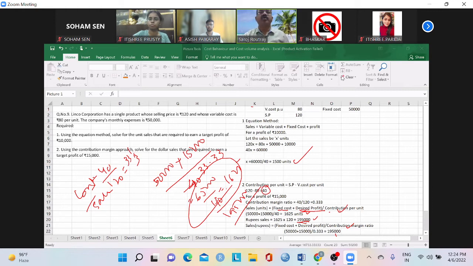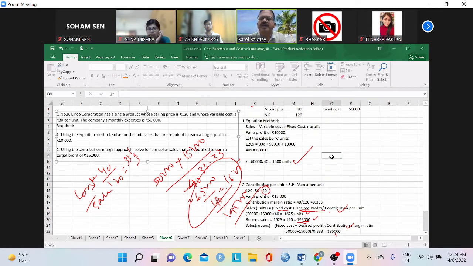Okay, so if you take 0.3, then it is coming into like 16,000 something. Which one, Aliva? Sir, in the contribution margin ratio, if we are taking only 0.3, then we are getting a value of 2,16,000. Yes, that difference will come, right? If you are taking, say, 33 or 33.3, that difference will come. It should come almost near to that. You have taken 33.3. I have taken 0.3 only.